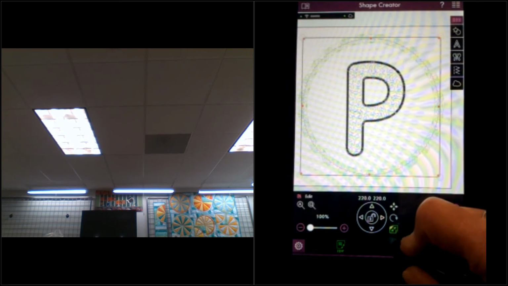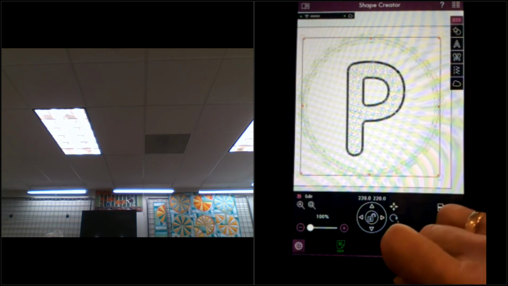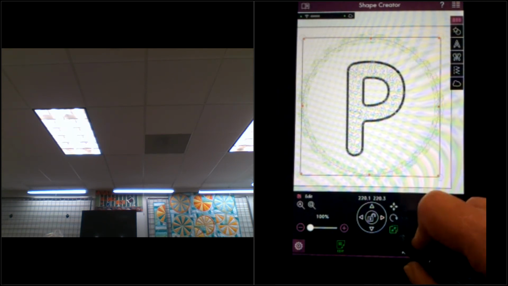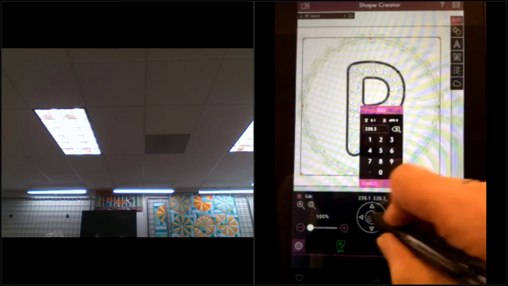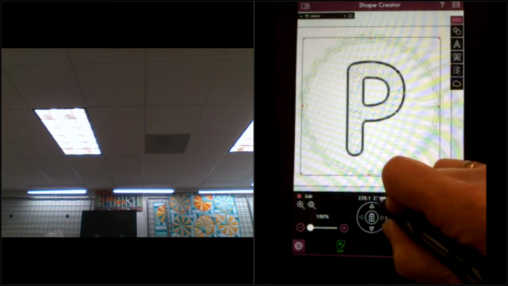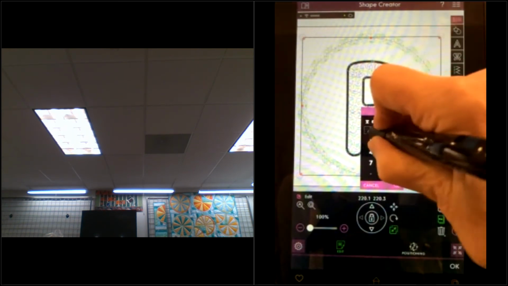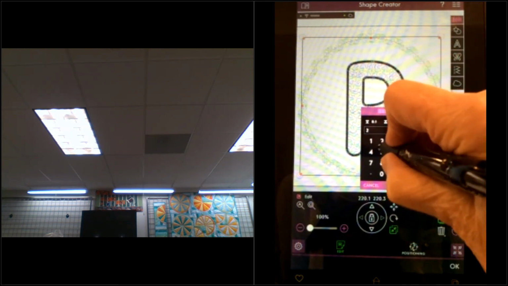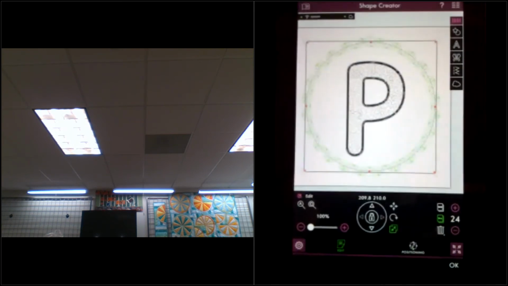What do you have on your screen? I'm in Shape Creator, just where you are right now. Make sure your padlock is closed. Okay, and then I want to change the size of the circle back to 210 and the number of